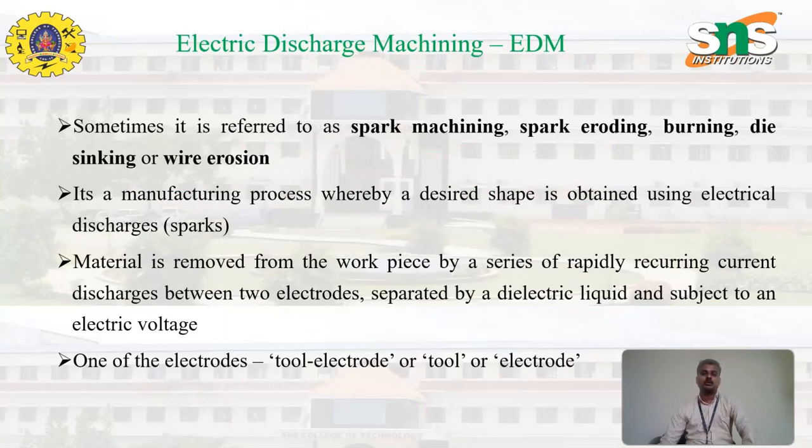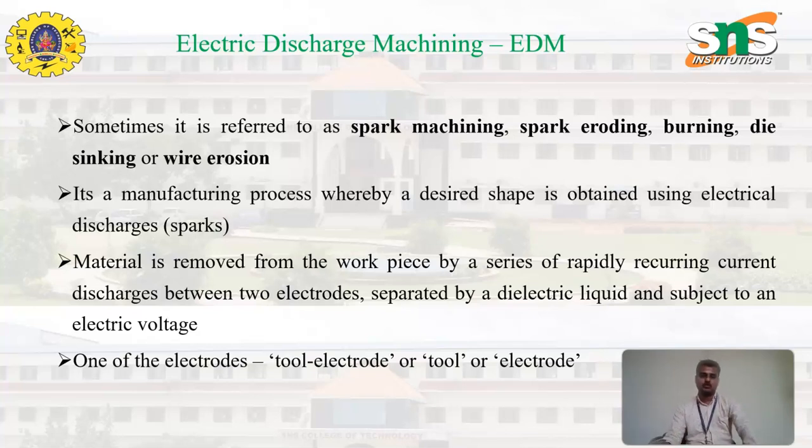The EDM is nothing but the spark machining, spark eroding, burning, die sinking or wire erosion. It is a manufacturing process whereby a desired shape is obtained by using electrical sparks, where the electrical sparks are the main tool, and the material is removed with the help of these sparks. This machine is mainly used for removing material from workpieces by a series of rapidly recurring current discharges